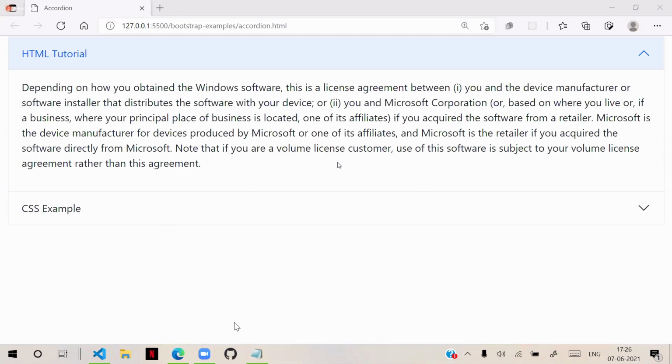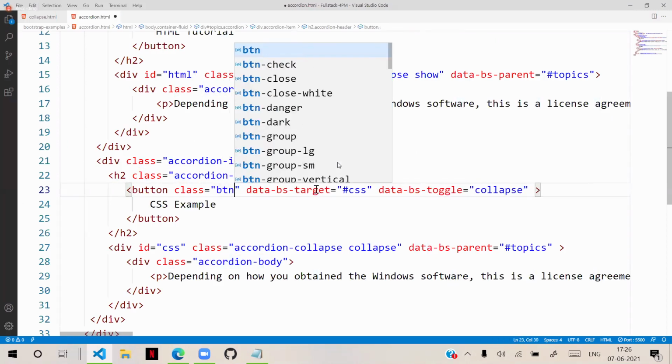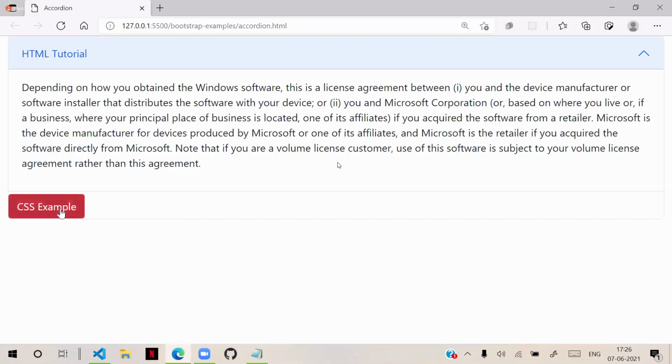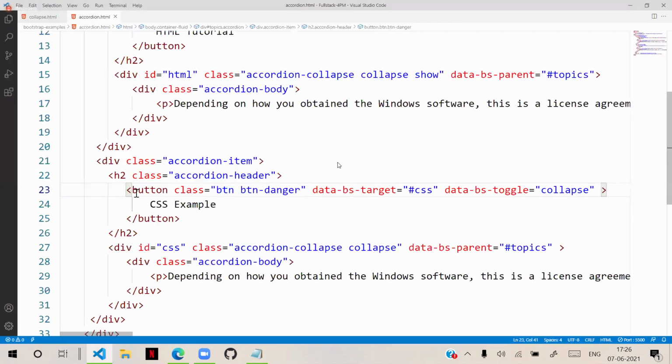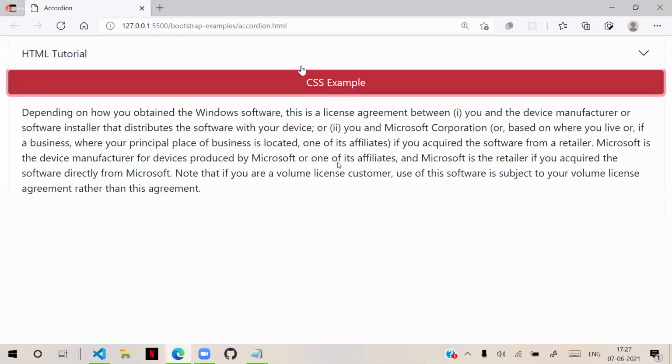Actually, we can keep the effects here. Generally, for the button, we give the accordion-button class. Suppose I give btn and btn-danger classes for the button, and it will look like this. That also works. I need to keep this button complete, and you know how to do that. To keep the button complete, we generally use display grid. So display grid will keep the button complete. We can keep different appearances, so CSS like this you can add.